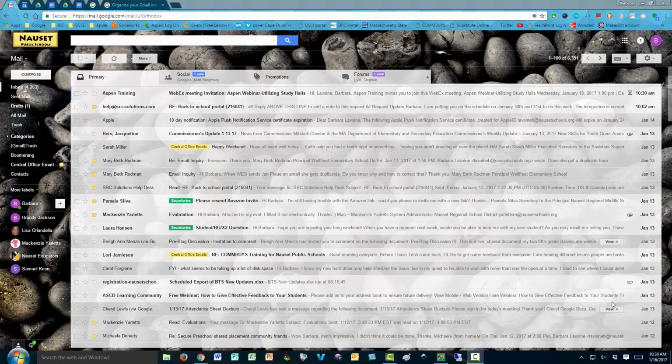In this session, we are going to talk about Gmail labels. Labels in Gmail are like creating folders to move your messages to so that you can easily find them based on the label. The nice thing about labels is that you could actually apply more than one label to a